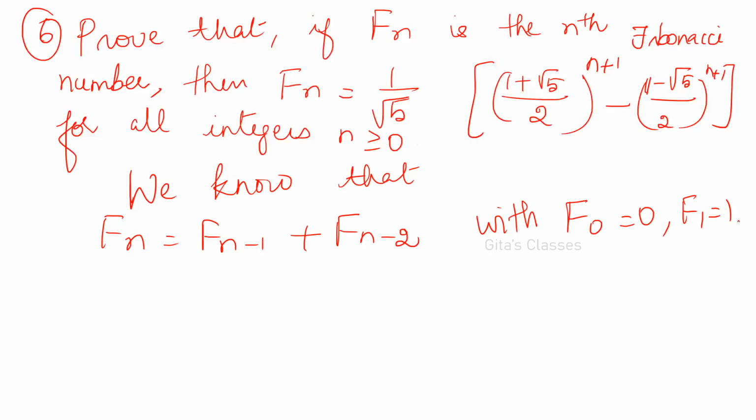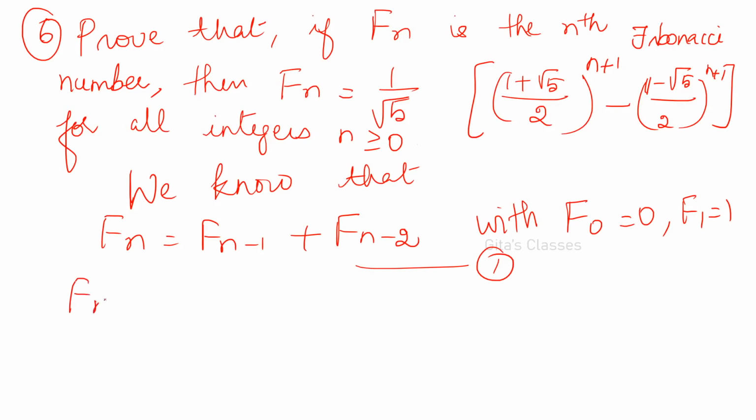Okay, these are the initial conditions. This you have to write. This is the definition of Fibonacci sequence. Recurrence relation definition. This is the recurrence relation for Fibonacci number. Okay. So we know that this is equation number 1. Now we are going to solve this using the recurrence relation method.